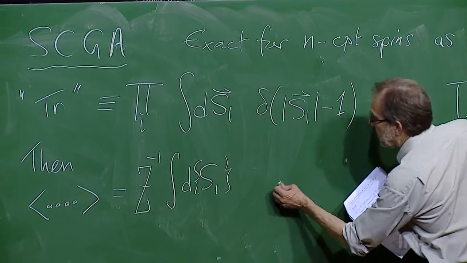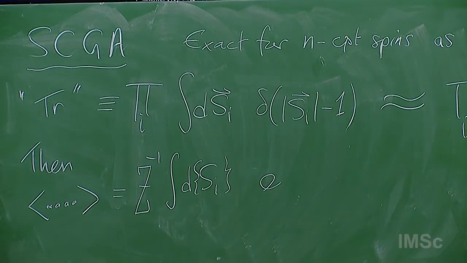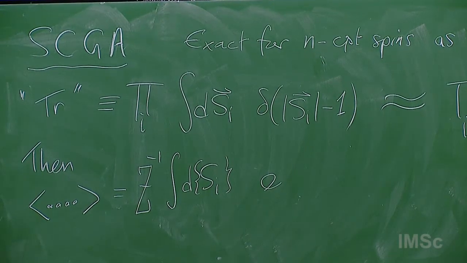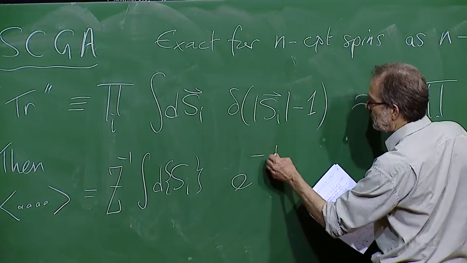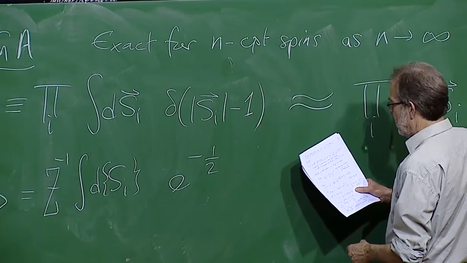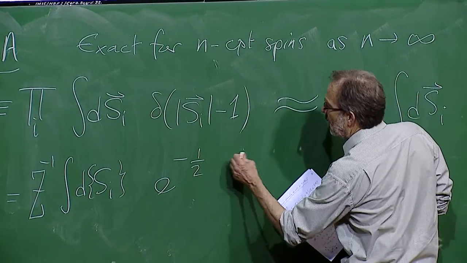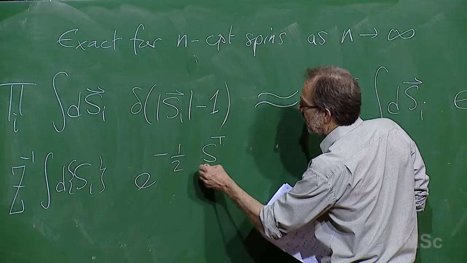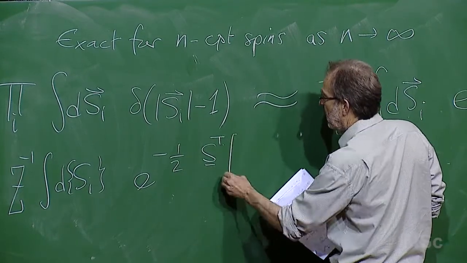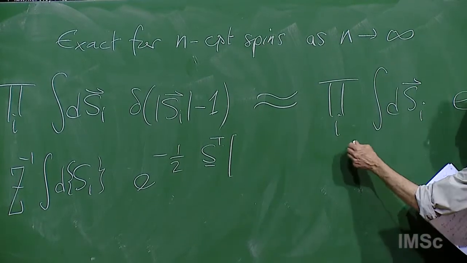And then what makes it all tractable, of course, is that we've got simply a Gaussian integral to do. We can collect all of the spins at the different sites together into some large spin vector,